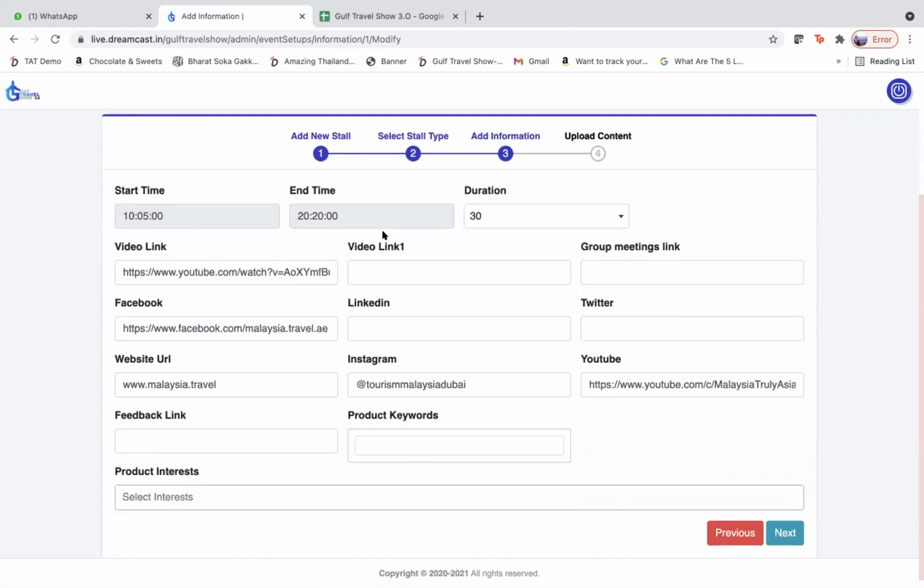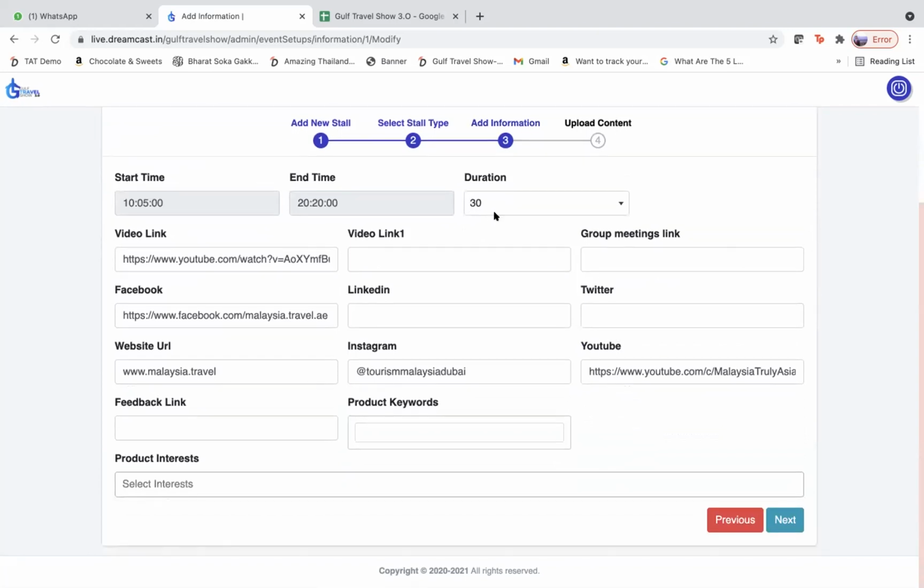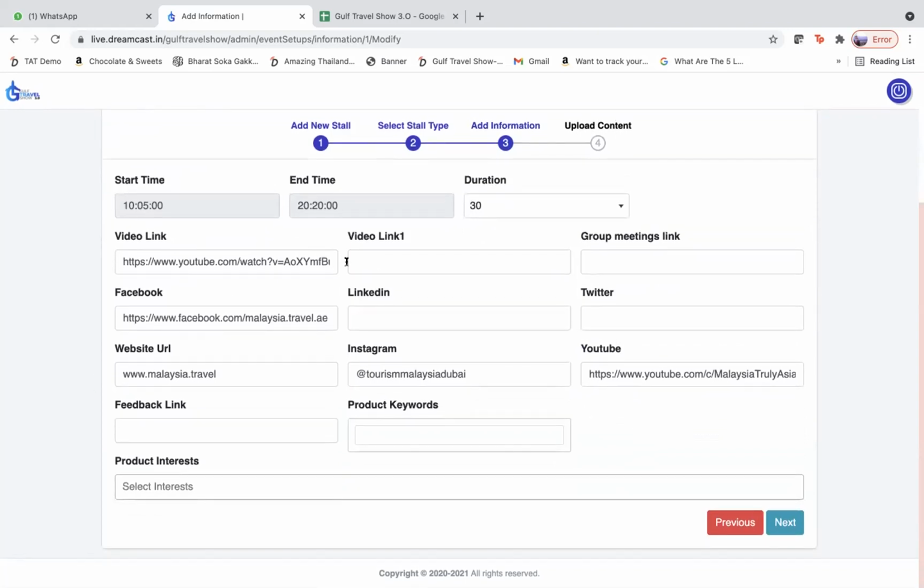This I'm sure you can verify again with the other box. The duration of each meeting. You can add video links. This is the main video that will be there on the LCD. LinkedIn, Twitter, YouTube, Instagram, whatever the exhibitors have given you, you fill it here.